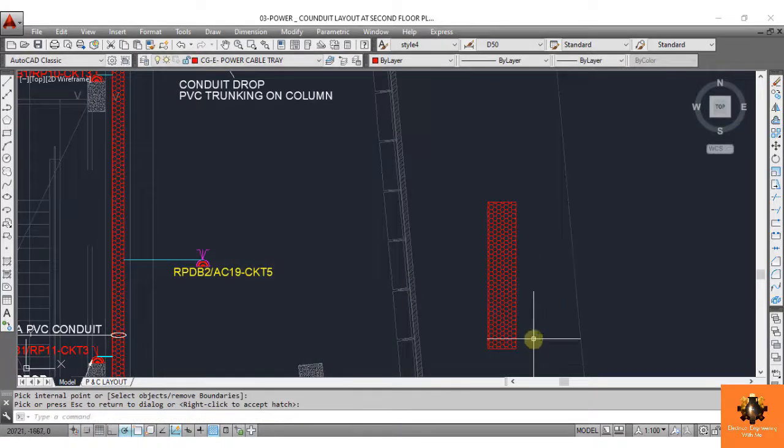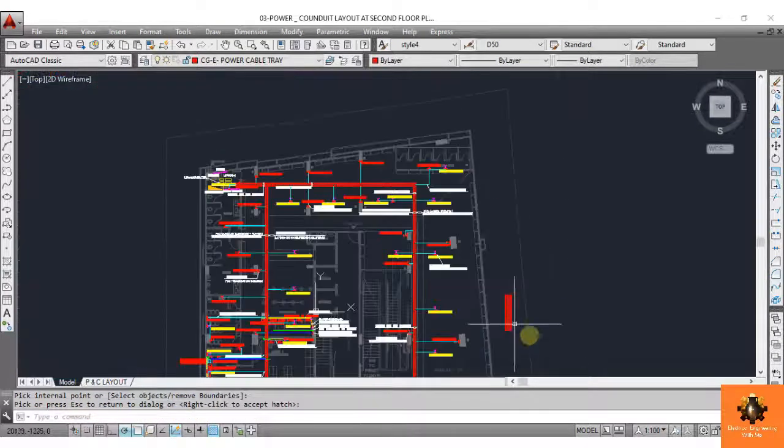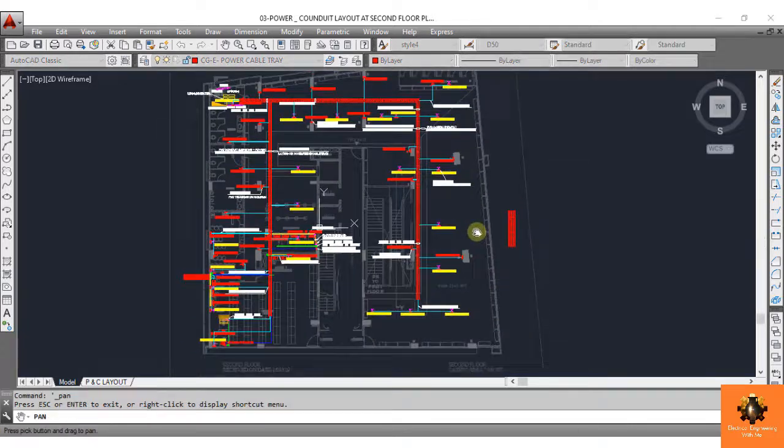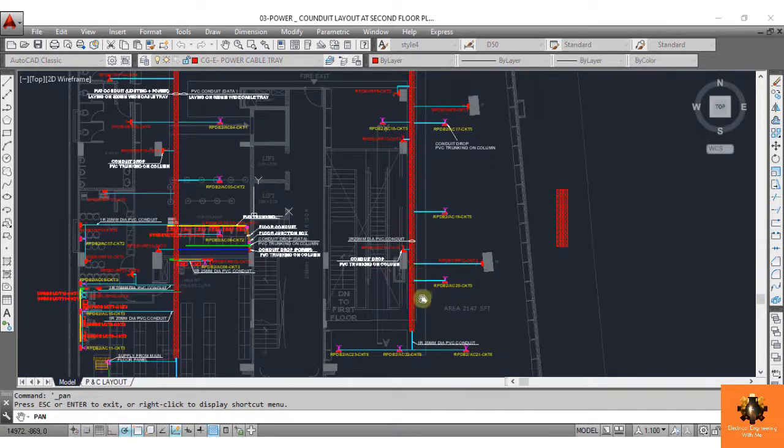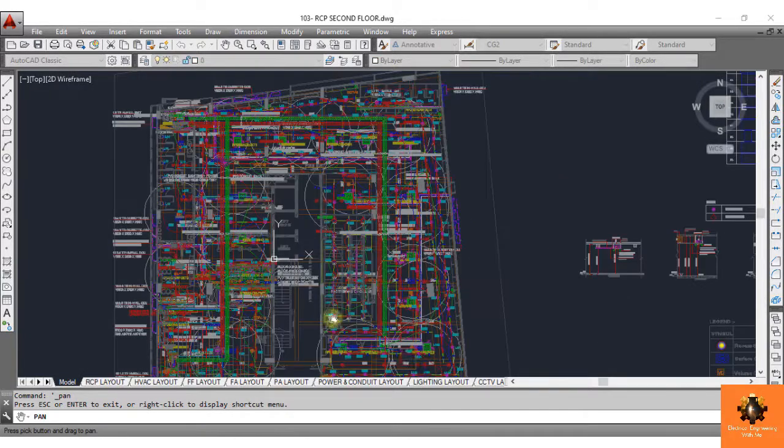Clear? Now finally I am explaining one very important point here. When you are drafting the cable tray route, be very careful, because there should not be any other services coming in the way of our cable tray. To avoid this, before finalizing your route, coordinate with the other services also.